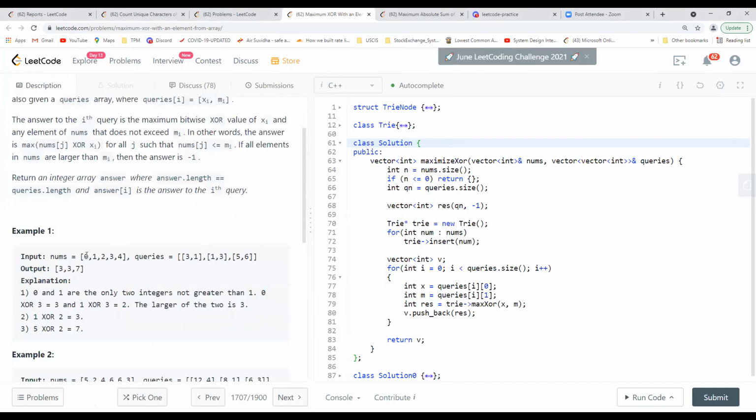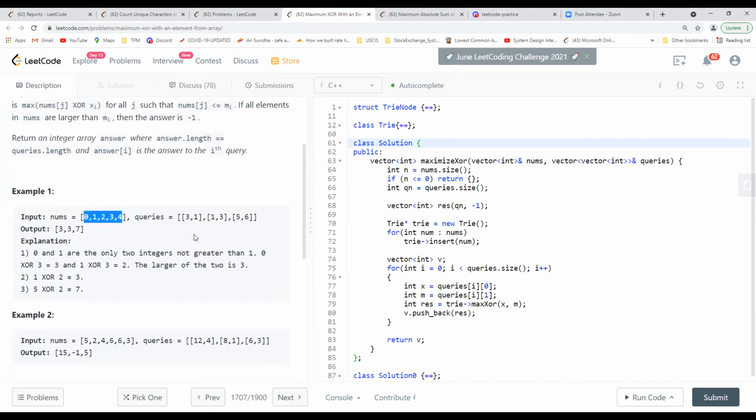So we're saying that if we had nums like this, 0, 1, 2, 3, 4, and then we have these queries. Usually you take this number, and that is what we have to go through, because this array looks to be sorted, but it is not. It can be any way. If you have any number in the query, you have to look in this nums array for all the numbers which are lesser than or equal to this number 1. In this case we have only 0 and 1, and then use these two numbers with the first three, that is the xi given to us.